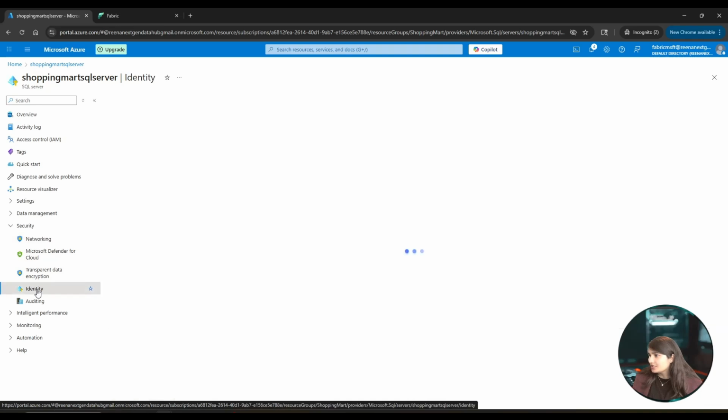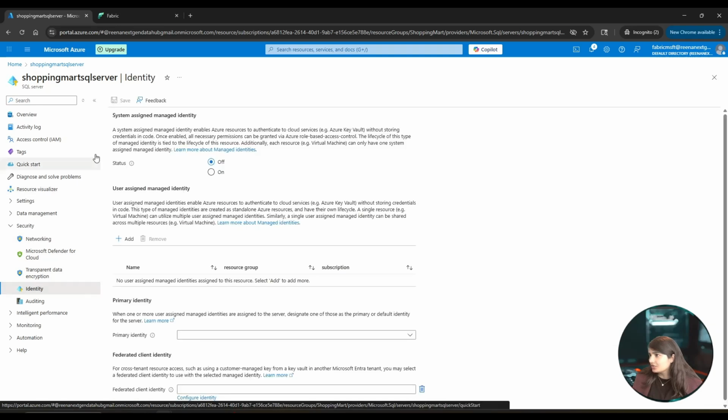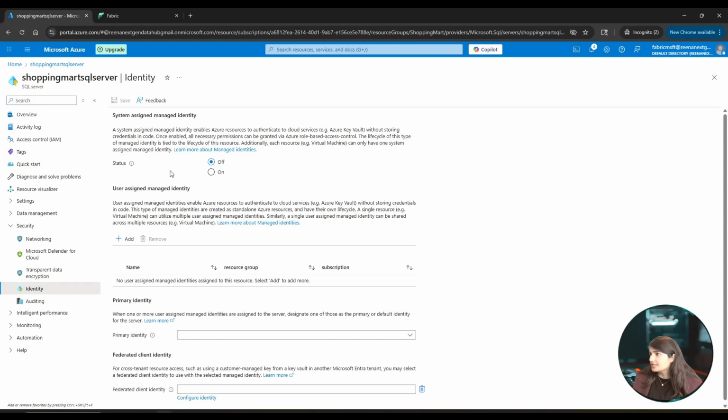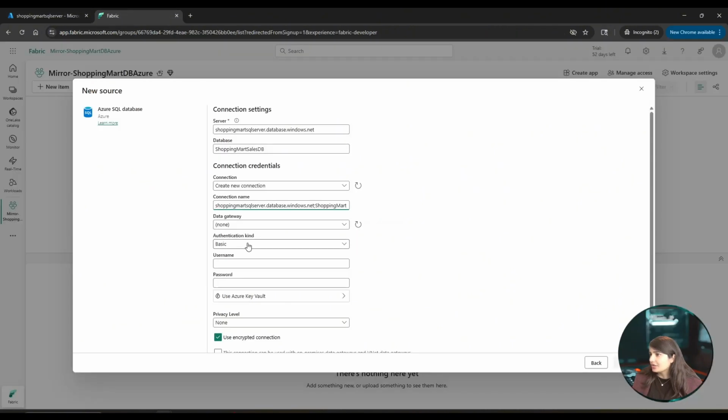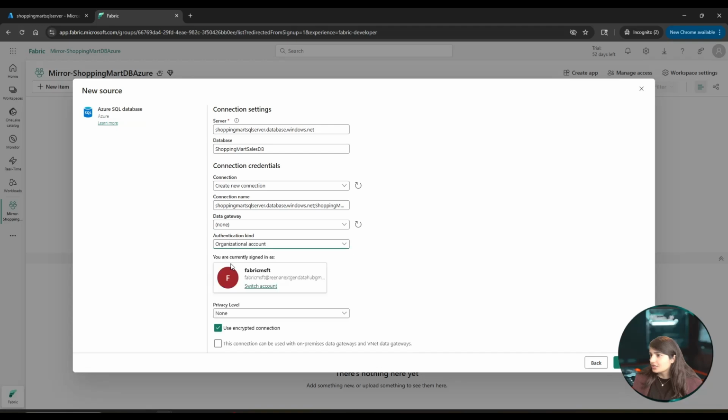Now let's go to the second change that you need to make sure of: that your system SAMI, system assigned managed identity, is turned on. So turn it on and save it. And now let's go to Fabric. And here, if it's behind a private firewall, then you need to use a data gateway. Here we're going to use an organizational account,